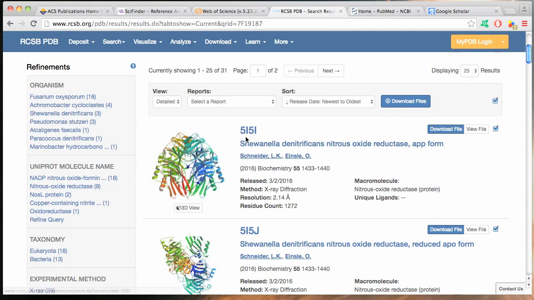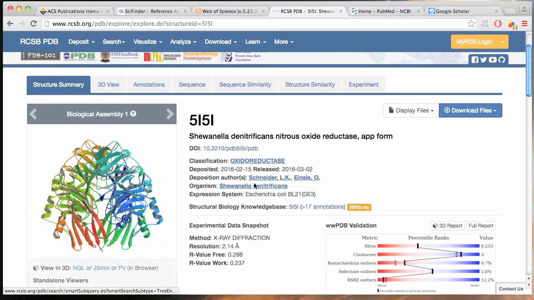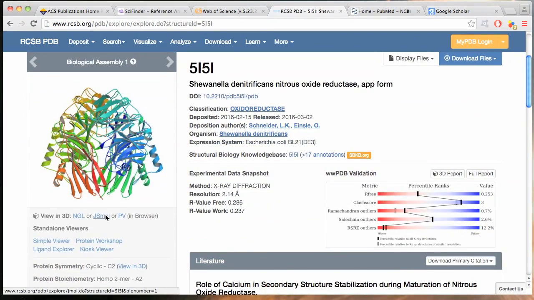The first one here, this is a protein ID. If you read a paper, and if the paper specifically deposits the protein structure in a data bank, they will get a protein ID. And if you know the protein ID, you can also search the protein ID directly. So let's just try the first one, nitrous oxide reductase. And if you want to take a look at the three-dimensional structure, I use this JSmol